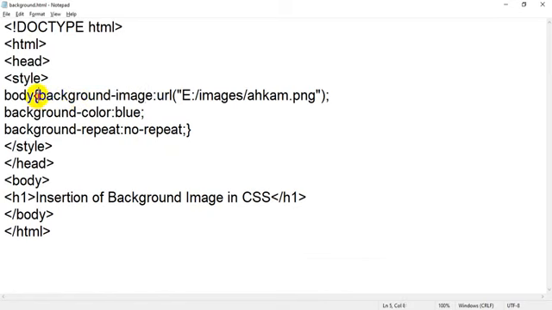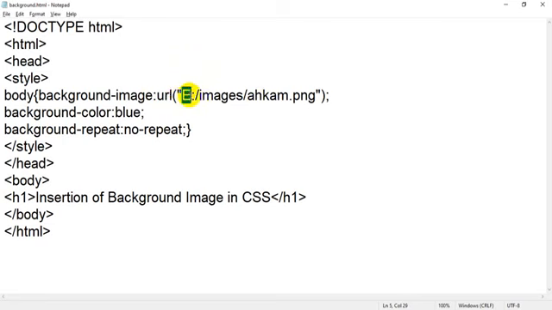By using the background image property of CSS. And what is the value of that? You have to write URL. What is the full form of URL? It's uniform resource locator. Why is it called uniform? Because that image can be present at that particular URL. On that address there cannot be the same image. Getting my point?